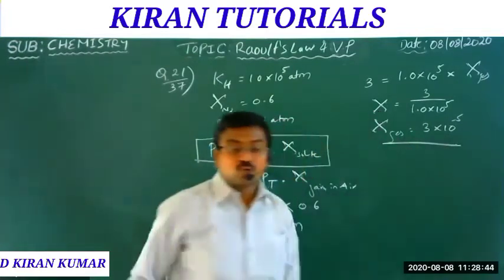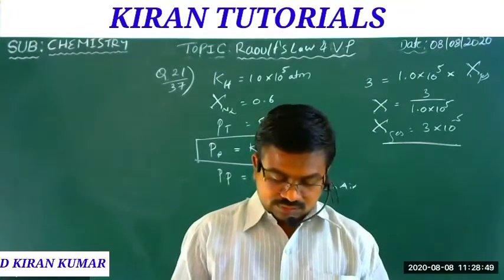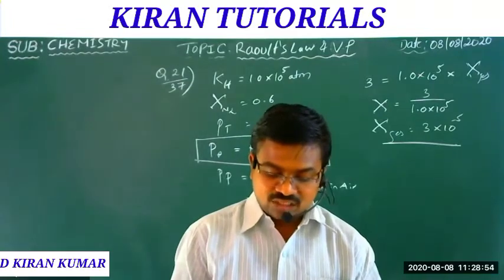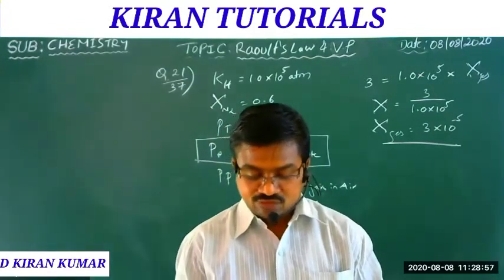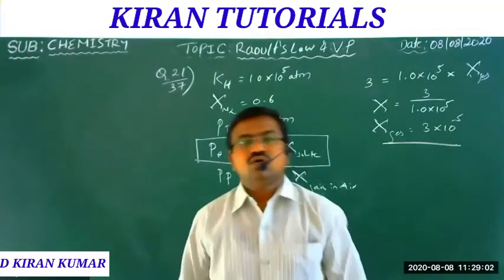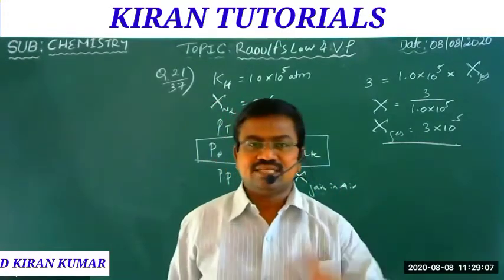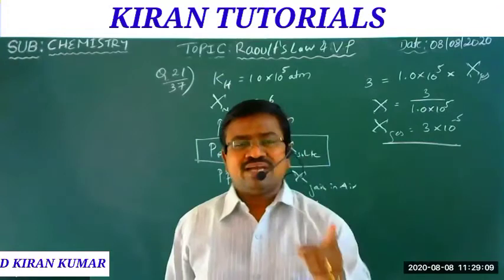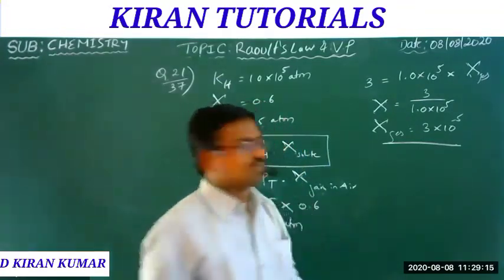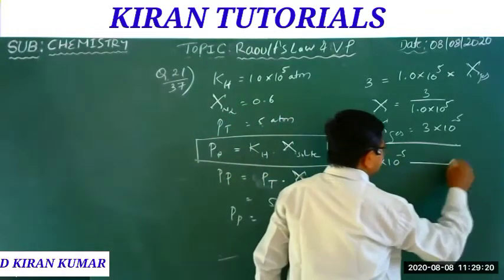But what is the question here? See the question. The number of moles of N2 from air dissolved in 10 moles of water at 5 atmospheric pressure. Okay. So, you know that 1 mole of a solute is present in 1 kg of a solvent. That is the definition of molality. Then here, 3 into 10 power minus 5 contains 1 mole.